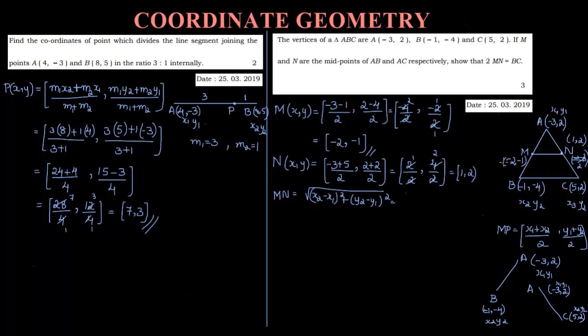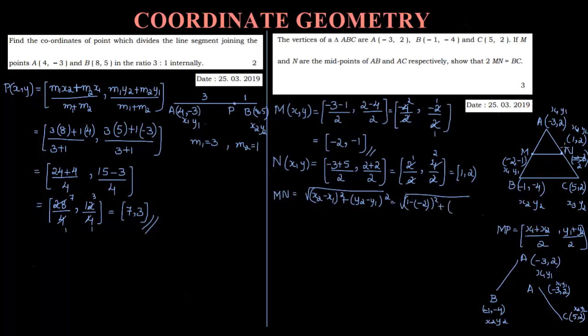So let it be x1 y1 and let this be x2 y2. Okay, so substitute that now. x2 minus x1, right? So 1 minus 2, whole square